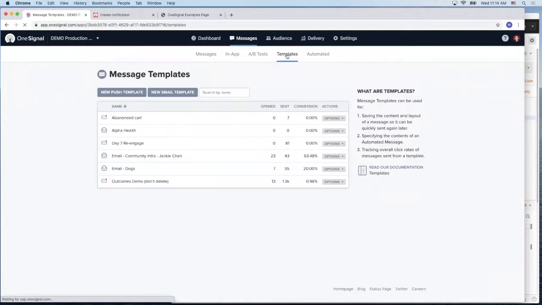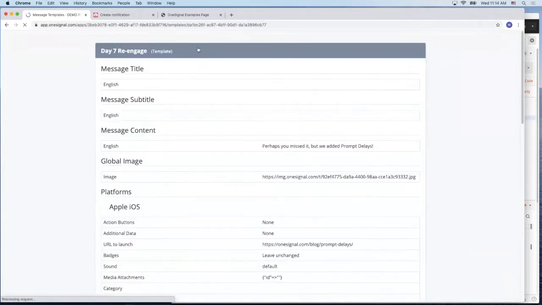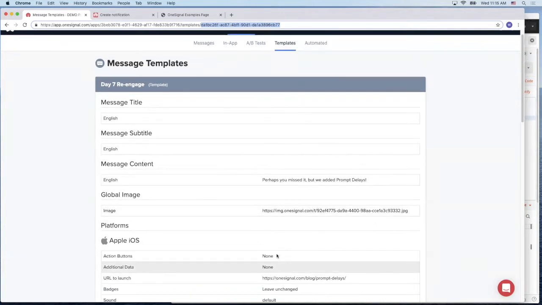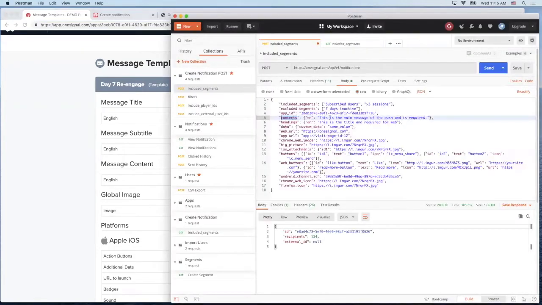And then the actual template ID, just for example here, this is your template ID up here. So here's my app ID, here's my templates directory, and then here is the actual template ID. So I could actually use template ID, copy paste this into my request as well, and I'll just send this notification. Cool. So templates,